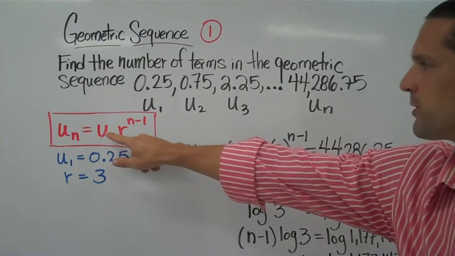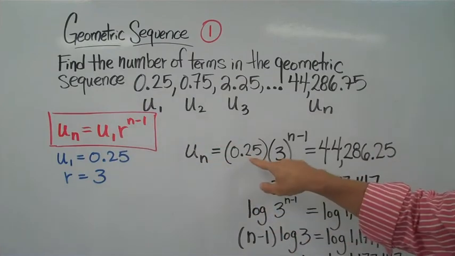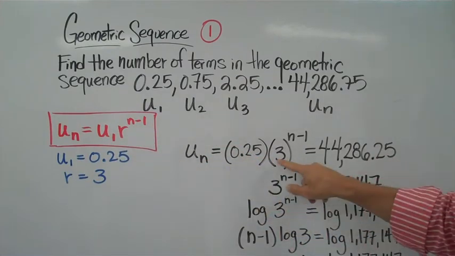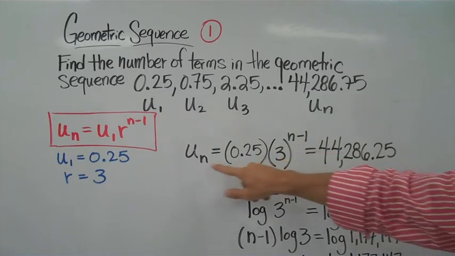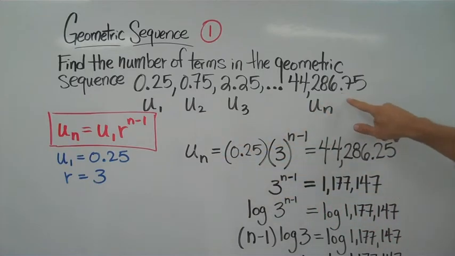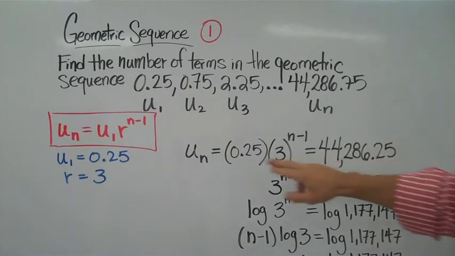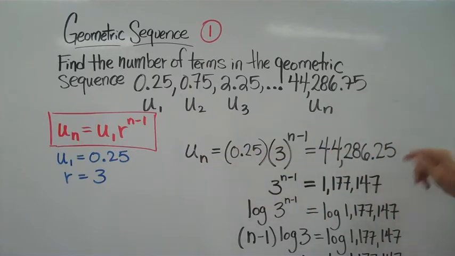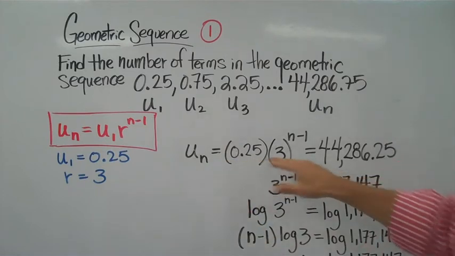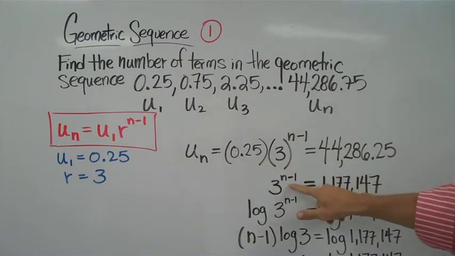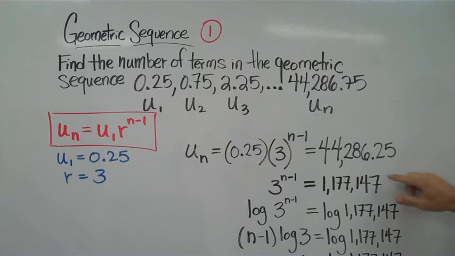So let's substitute for u1 and r: 0.25 for u1, 3 for r. We still have n minus 1. But we know that the nth term is 44,286.75. So we set our nth term equal to this, and we can now solve this equation. Divide both sides by 0.25 and we get 3 to the n minus 1 equals